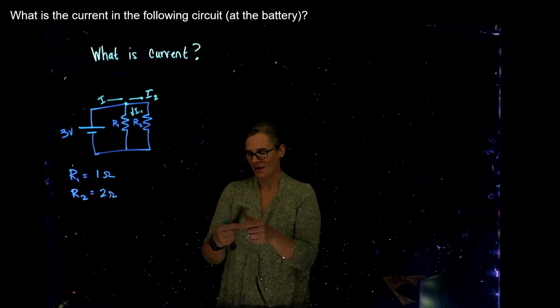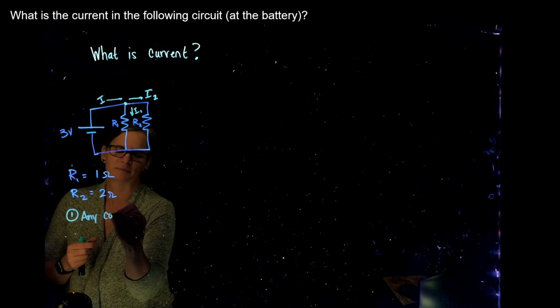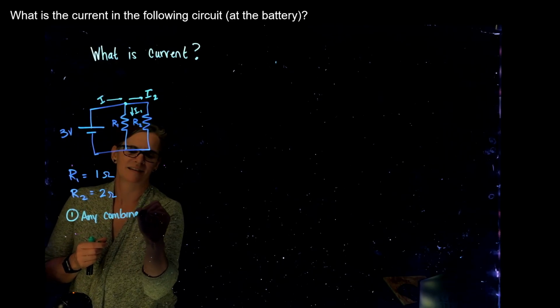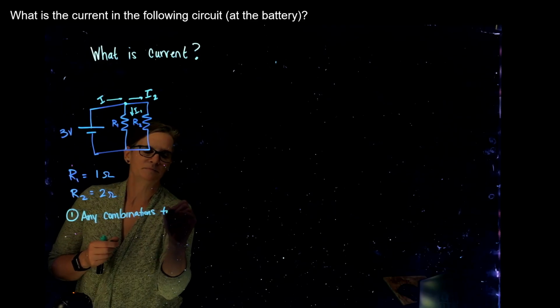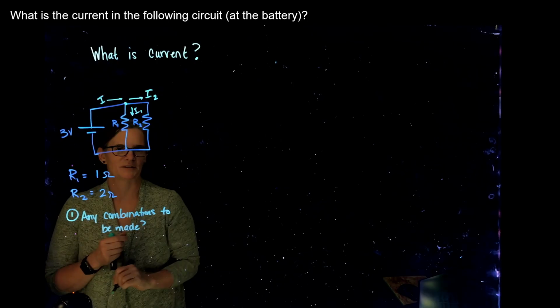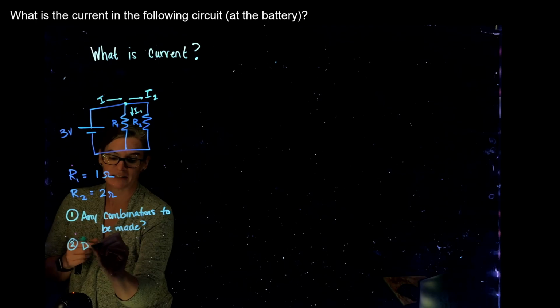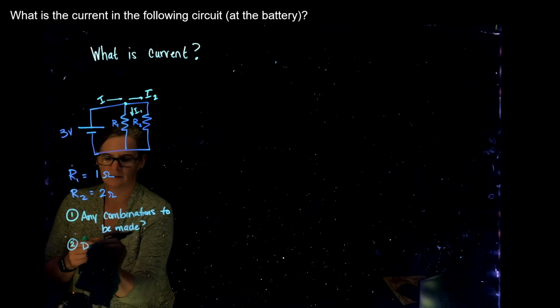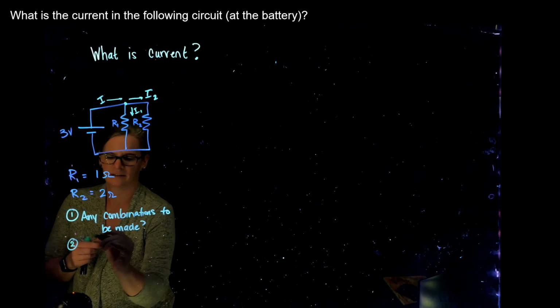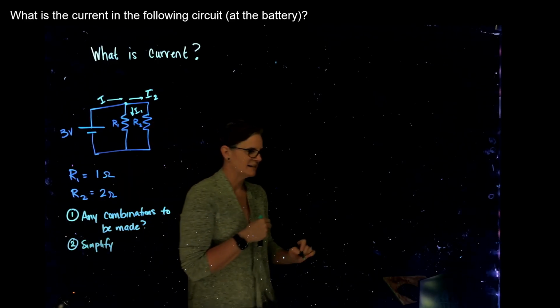So step number 1, let's write these steps down. Any combinations to be made, series or parallel. Step number 2 then is to simplify, using our ideas of